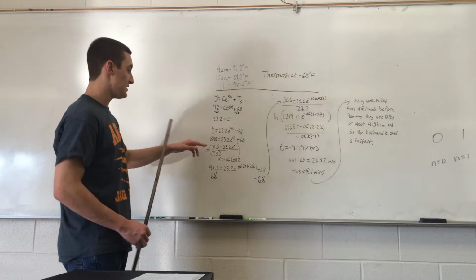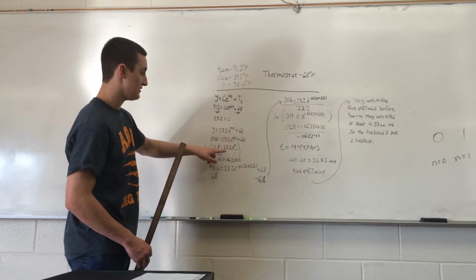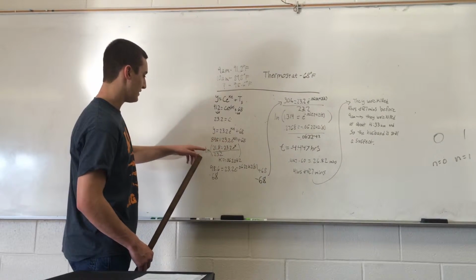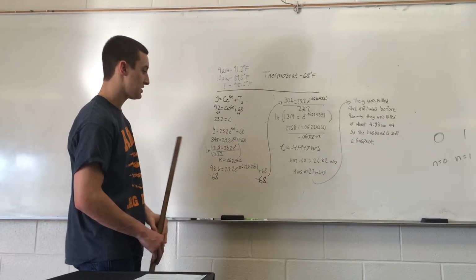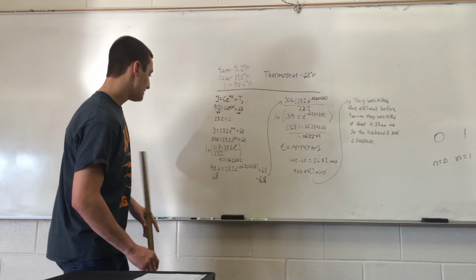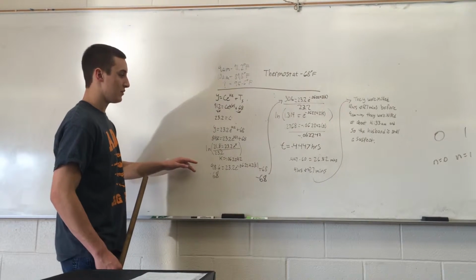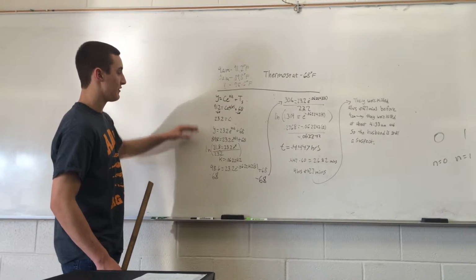Okay. The only difference is this time we're plugging in 1 for T instead of 0. So then we solve this, we do all this work, and we get K is equal to negative 0.062242. So then in the last one, finally, we are solving for time, because we're trying to figure out how